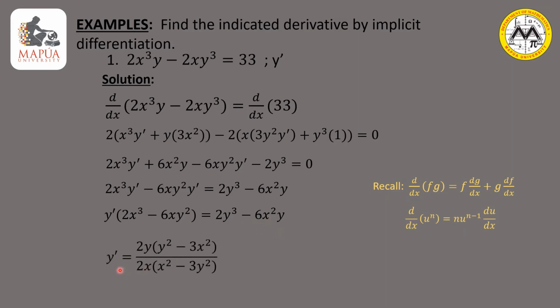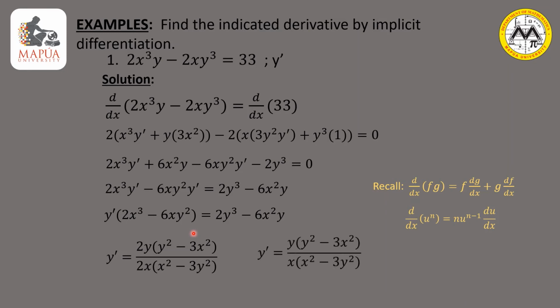And solving for y prime will just give us the ratio of 2y times y squared minus 3x squared, that is coming from this expression here, factoring out 2y, which is the common factor. Now that should be divided by 2x times x squared minus 3y squared. Again, this is coming from the expression 2x cubed minus 6x y squared, factoring out 2x, which is the common